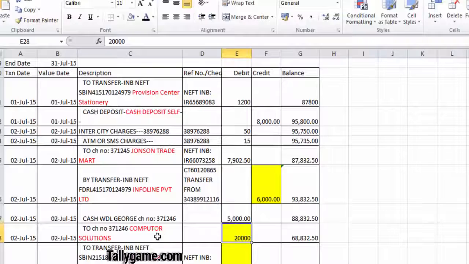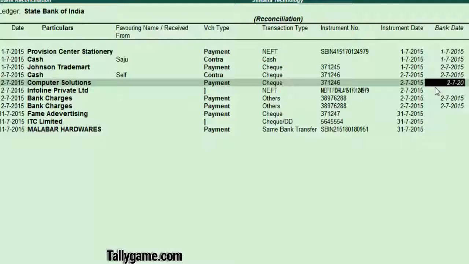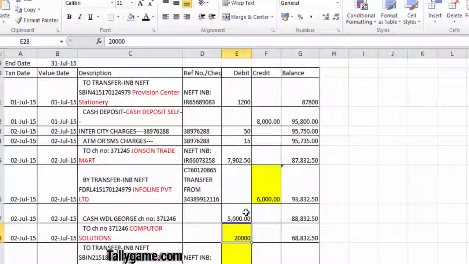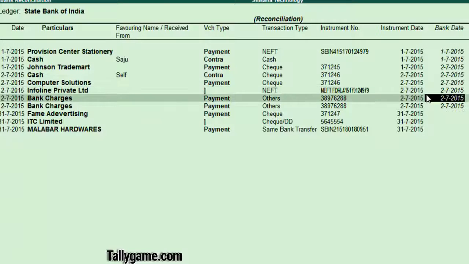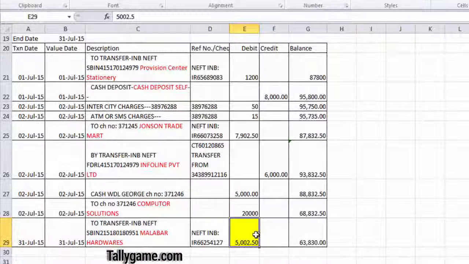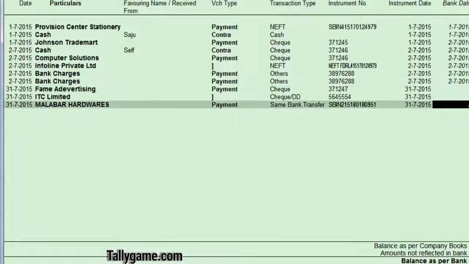And 20,000 Computer Solution, that's also on 2nd July 2015. 6,000 Info Line Private Limited on 2nd July itself. 5,002.50 Malabar, that's on 31st July 2015.